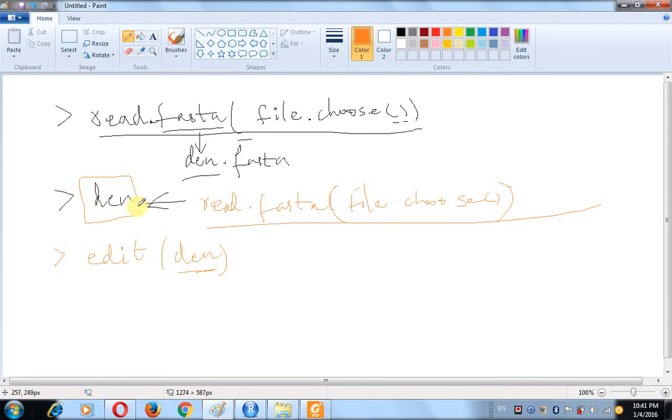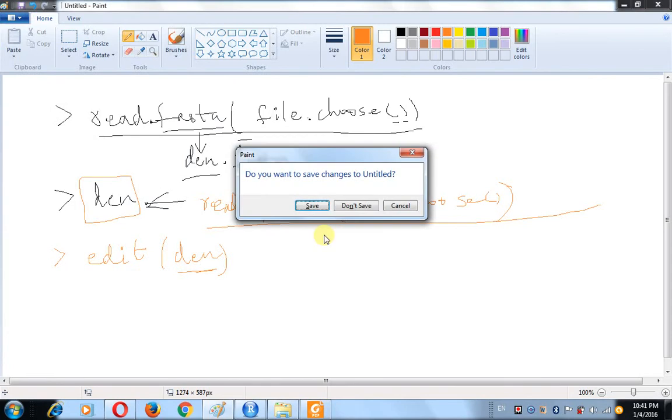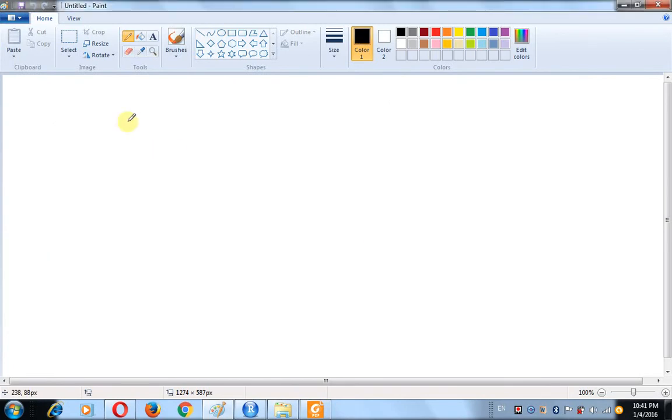We have merely created an object, and we have saved all the data which we have downloaded from the repository, the GenBank, and that object is available for data analysis. And now we can simply go for the data analysis. In this case, the data analysis is the GC content, as I have explained to you previously. In the seqinr